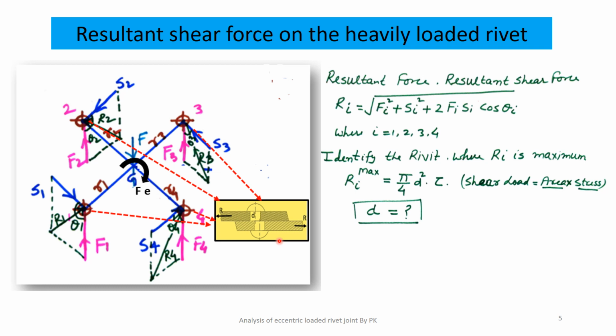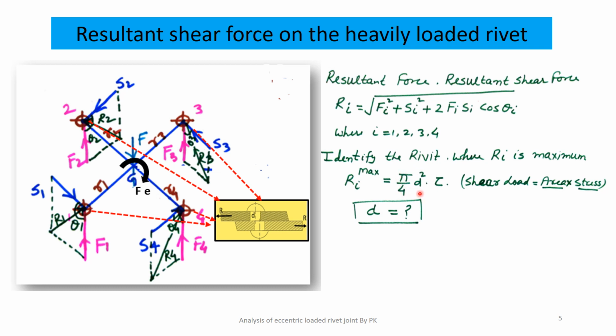On each individual rivet, there is a resultant force R applied on it. Because of this resultant force, what is happening? The rivet used to join these 2 plates together will have shearing failure. When the resultant force is applied on the upper and lower plates, the rivet will shear out from this plane, and it is a case of single shear. So this Ri maximum should be equal to pi by 4 into d square into tau, because pi by 4 d square is the shearing area and tau is the shearing stress.